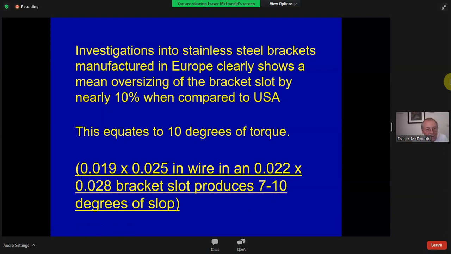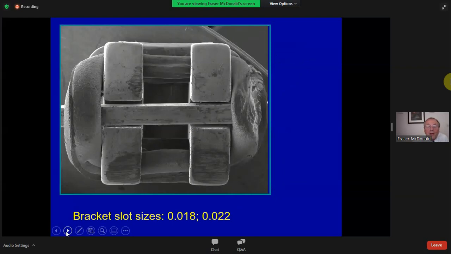Now, if we look at the MBT system, that has -6 degrees of torque. So how does that equate with the 7 to 10 degrees of slop that exists when you're using your working archwire? And it goes back, I hope that you look at things clinically rather than look at things from what's on the packet. Going back to this, we have the Ormlast placed around holding the archwire in place,